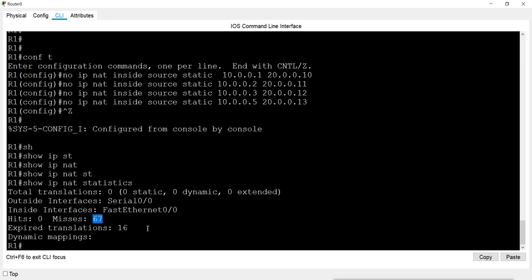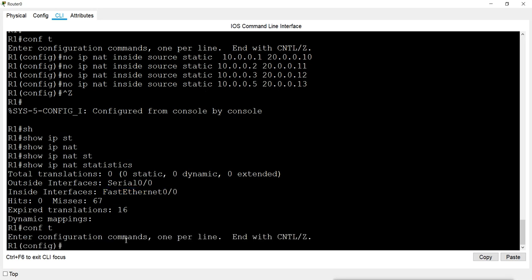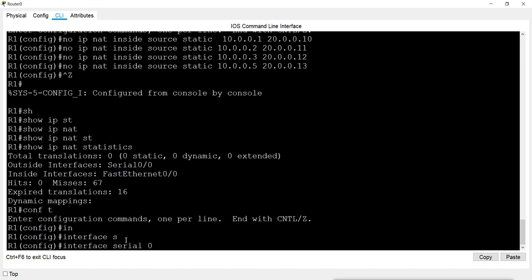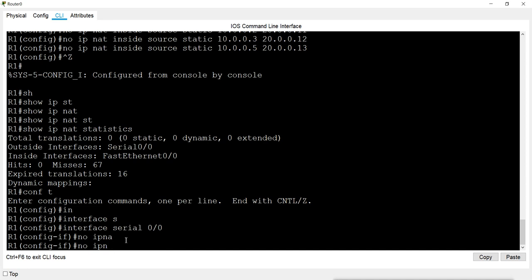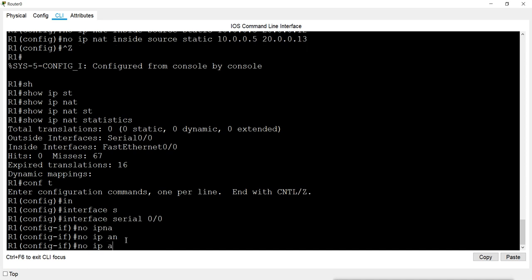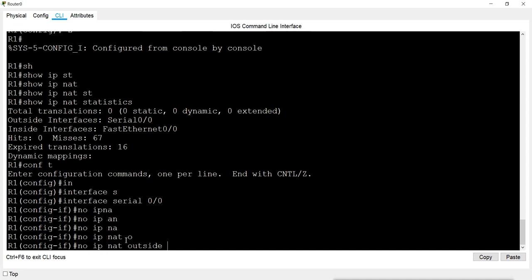If you want it to stop looking for the translation, remove the inside or outside configuration. So we go to configuration mode, interface serial 0/0, and say no IP NAT. Here we have configured outside.